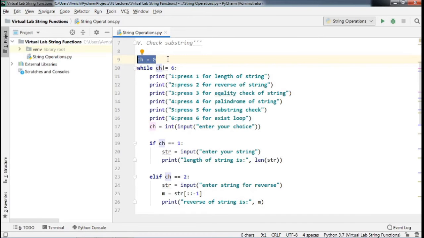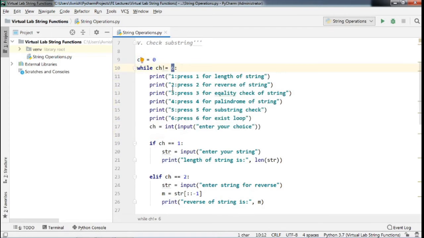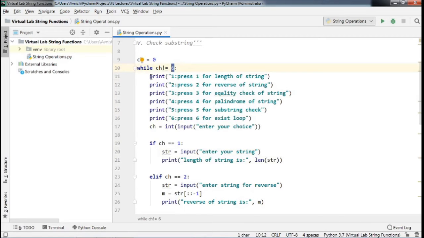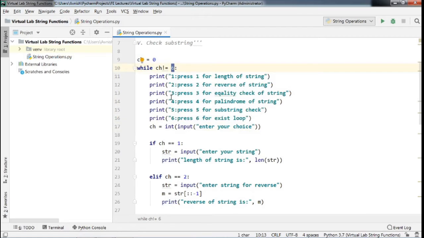Initially this ch is initialized as 0, and we have taken this while loop to repeat these steps until the user presses 6. That means this statement will be executed continuously if the user presses 1 to 5, and it will exit this step if the user presses 6. This is the meaning of this statement.